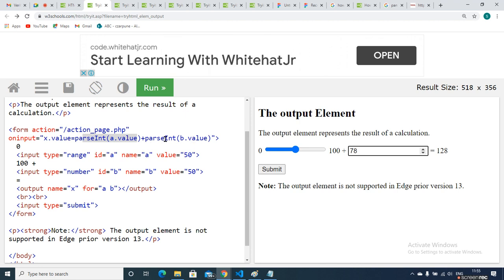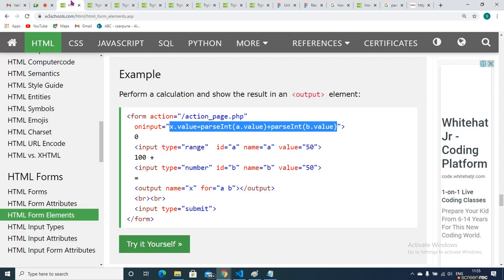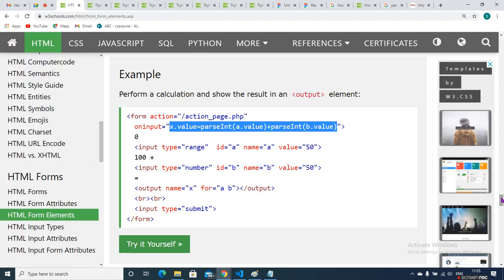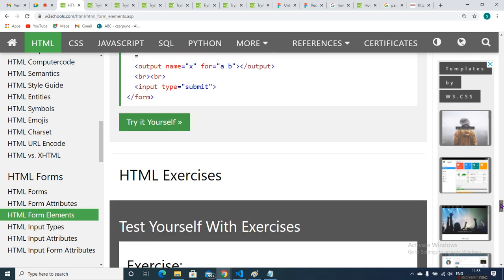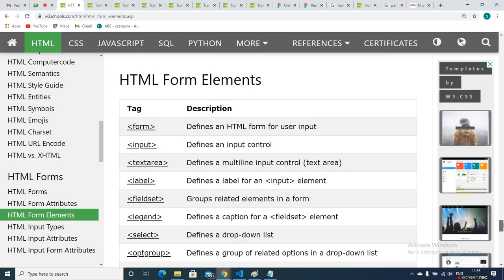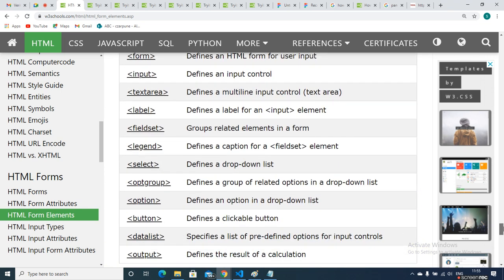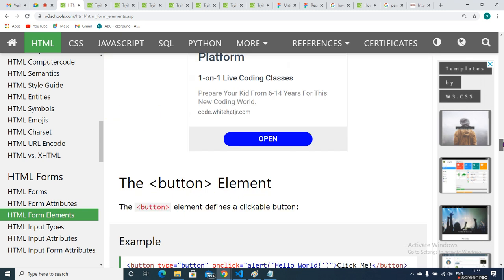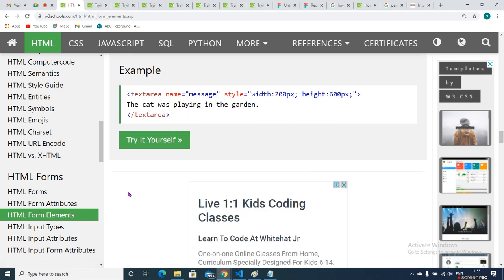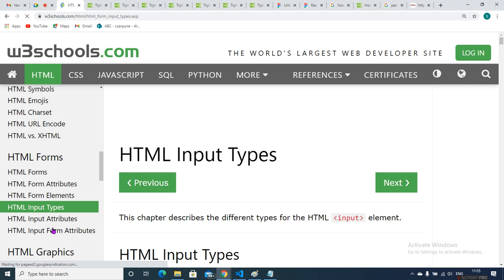That's why we say parseInt. We'll go into more detail when we are in JavaScript. Parsing is a separate section in JavaScript. These are the different kinds of elements, and a few more elements are here. There are many different kinds of elements. I will show you input type.